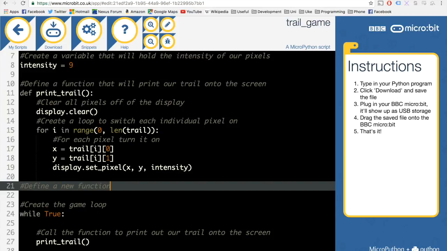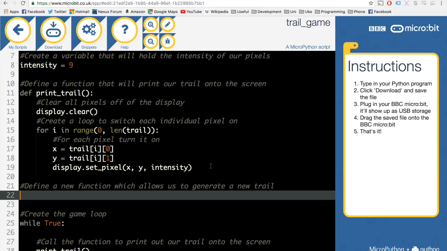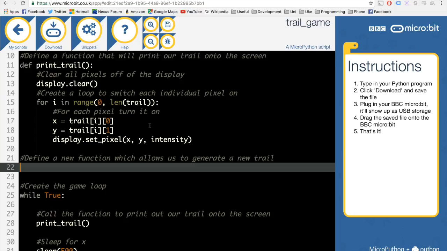which allows us to generate a new trail. Okay, so this function is actually going to do all those things that we've just spoken about. So first, what do we want this to do? Well, the first thing we need to do is we need to clear trail. So once I've defined the function, so generate trail,